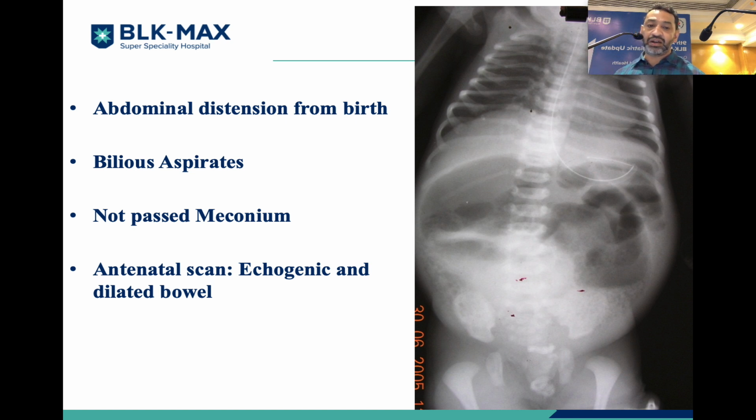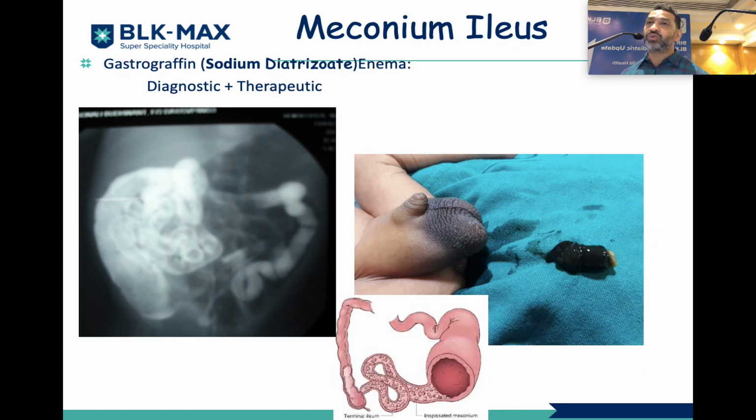And then if you want to confirm your diagnosis, you can always proceed with the gastrografin enema, because gastrografin, being a hyperosmolar agent, will help in diluting the thickened, viscid meconium. The child might pass meconium plugs and the obstruction might get relieved. So these are the very important findings you should always look for in the X-ray, so that you can confirm your diagnosis and then proceed with the next investigation, and an investigation like gastrografin enema can be therapeutic in